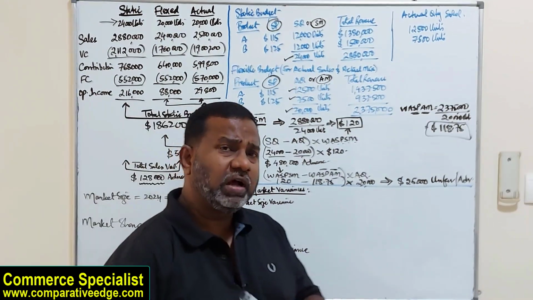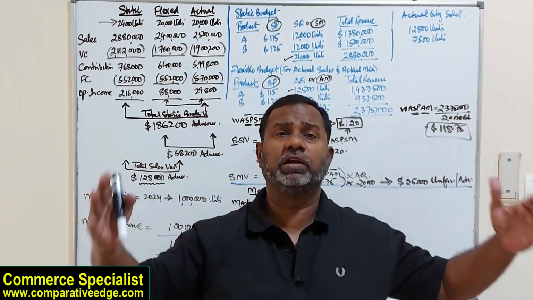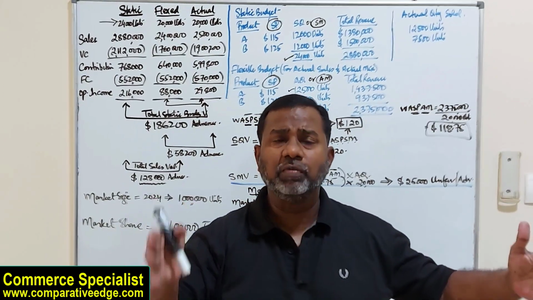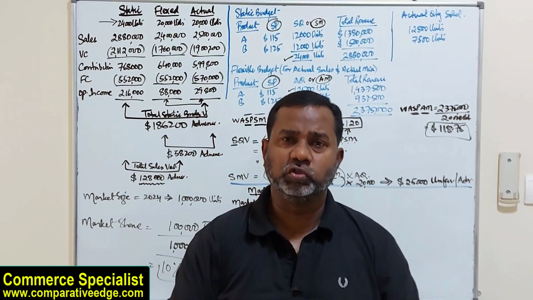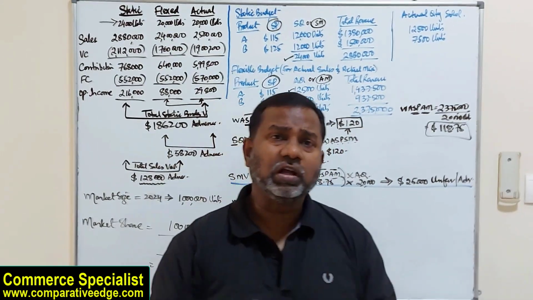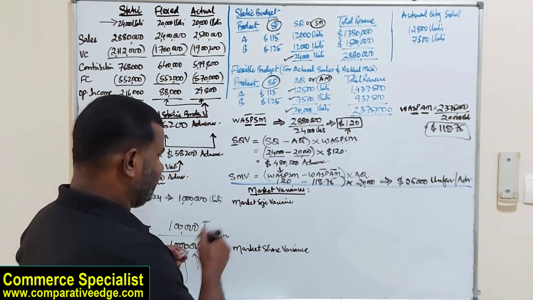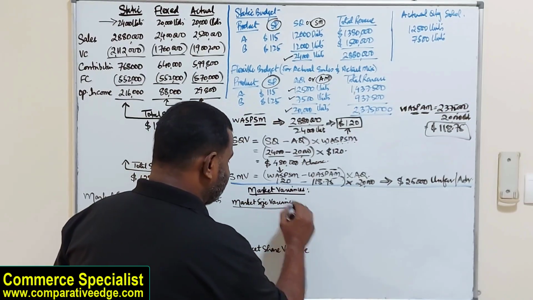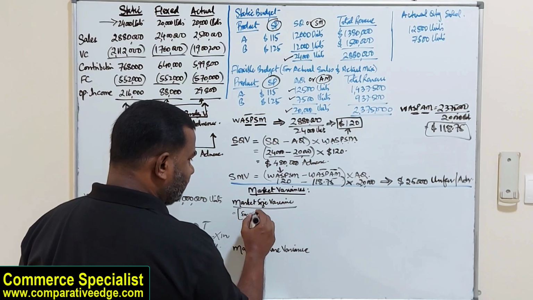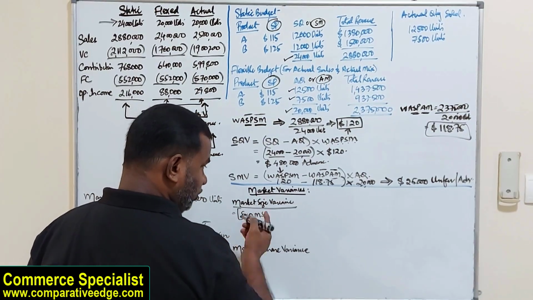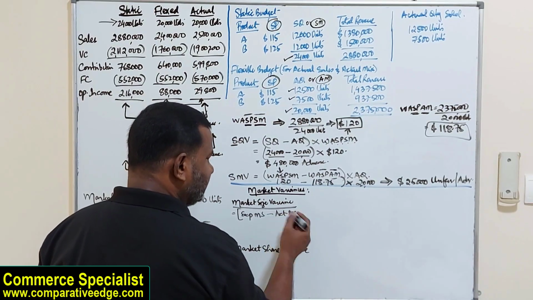But when we talk about the market size, this is all the cars sold in a given year. This is the market size. How many Toyotas, how many Hondas sold? So if you take that as a percentage of the total, you'll get the market share. So now let's talk about the very first variance, which we call market size variance. Market size variance. The formula is expected market size in units minus actual market size in units